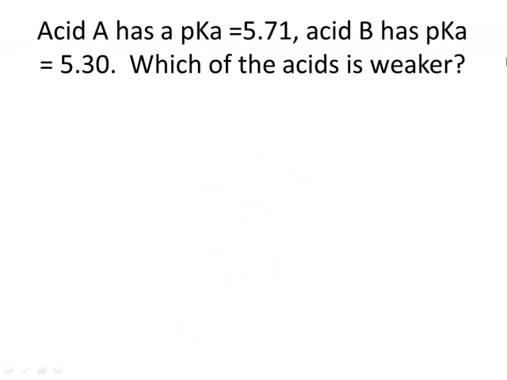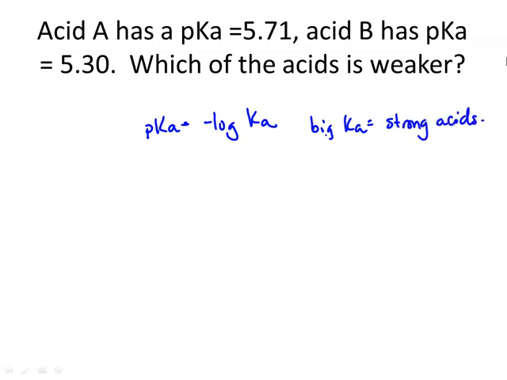Acid A has a pKa of 5.71. Acid B has a pKa of 5.30. Which of the acids is weaker? So we know that the pKa equals the negative log of the Ka. And we know that big Kas equal strong acids. So if I have a pKa of 5.71,